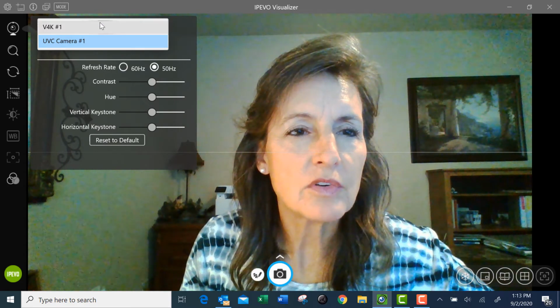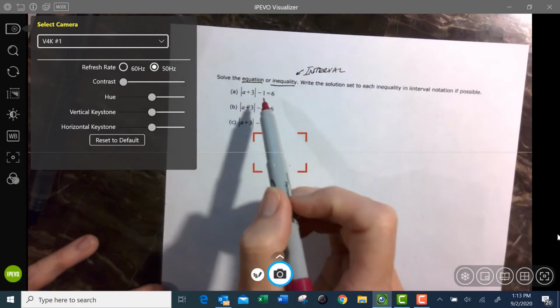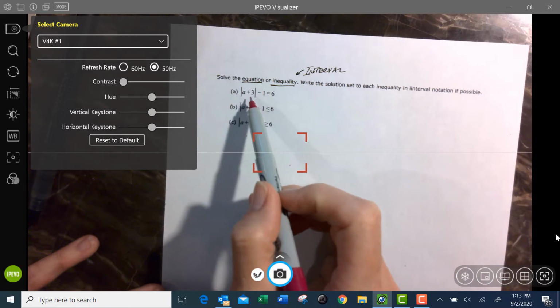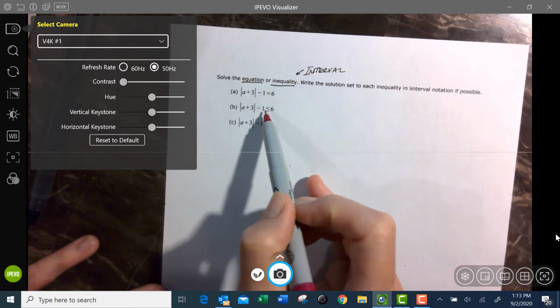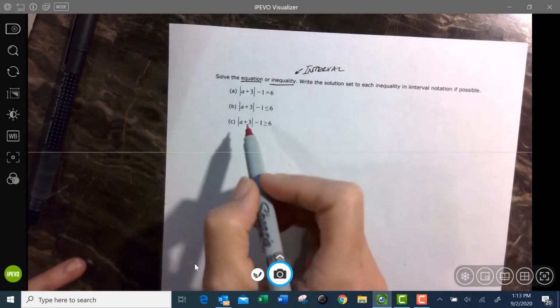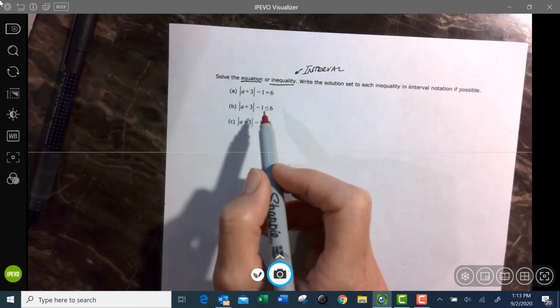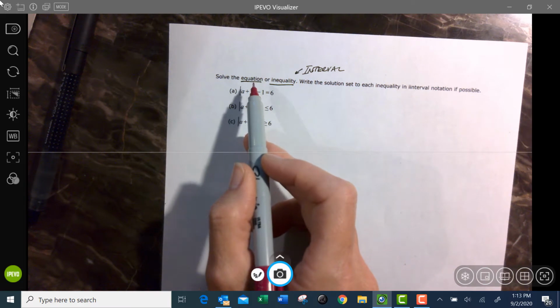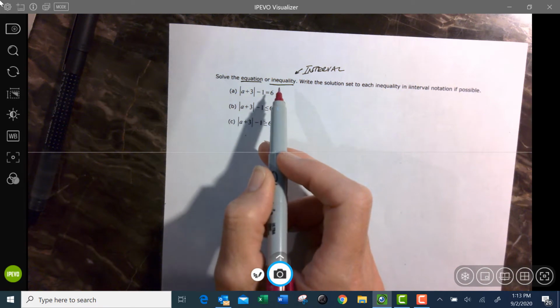So let me convert over to my document camera so you can see the paper. And you can see the 3 examples. The first example is an absolute value equation with the equal sign. The second is the absolute value inequality with a less than symbol. And the third one is the absolute value inequality with a greater than symbol. These will all be worked differently, and these solutions will all be different. An equation will usually have like 2 solutions, whereas your absolute value inequalities will have numerous solutions, which we will